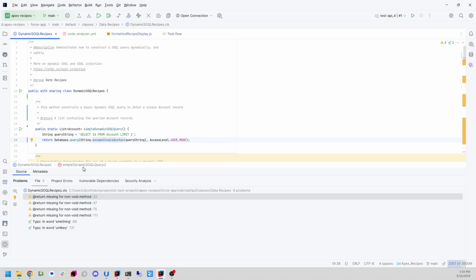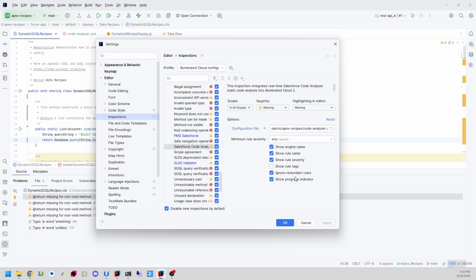Okay, so I've rambled on for a really long time. I hope you find this useful. This just adds to the full palette of static code analysis capabilities in Illuminated Cloud. And as Salesforce Code Analyzer continues to add more engines, integrate more engines, it'll just add to that same kind of palette, that toolkit. I hope that I've made it clear the value of ignore redundant rules, but